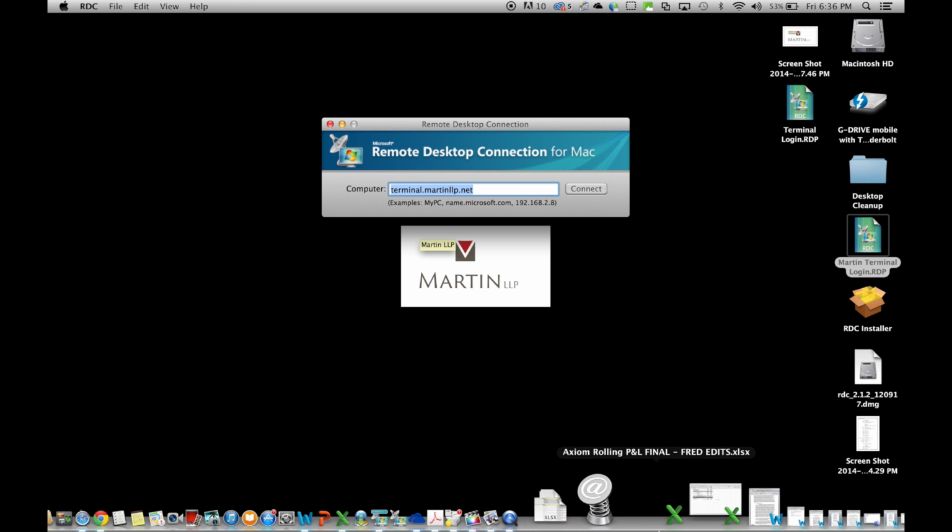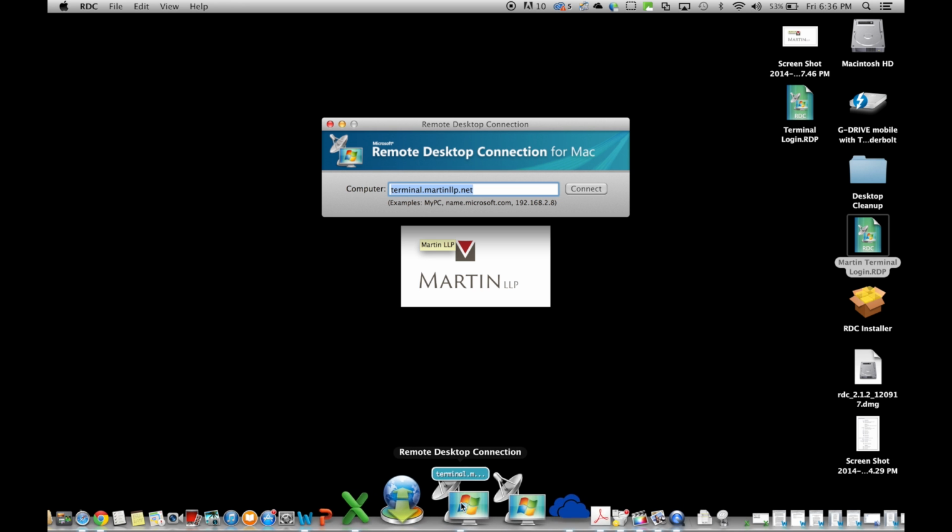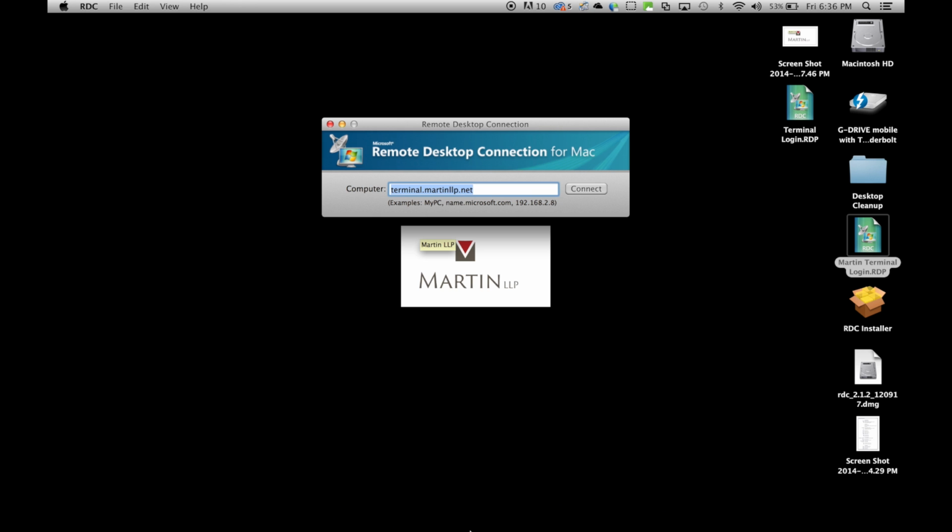Once you open it, you should probably see right here these remote desktop connection windows open. I've got a couple open because I've got multiple terminals open, but you should see one there. That's what it looks like for people that are more familiar with using this tray. Once this is open here, we're going to type in